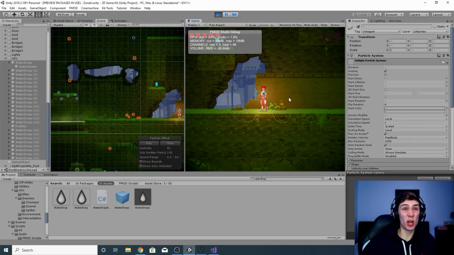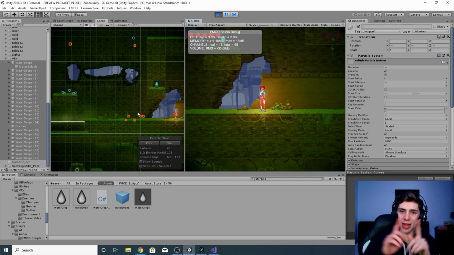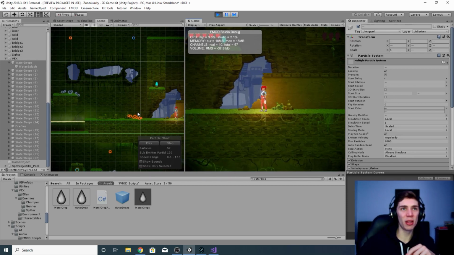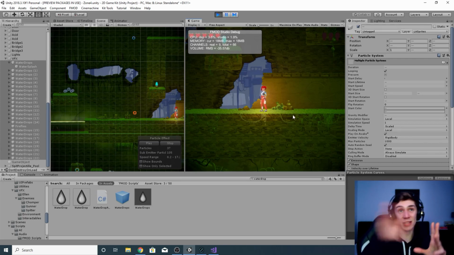Now, even though the player is pretty close to this first one, like I said, that distance attenuation was set to about 25 before it starts to really drop. And even then, it doesn't drop completely to minus infinity. So in theory, I'm pretty confident that that's less than 25 units, so we should be hearing that water drop. But because in relation to the camera's perspective it's too far away, we don't. But if we move closer to it,